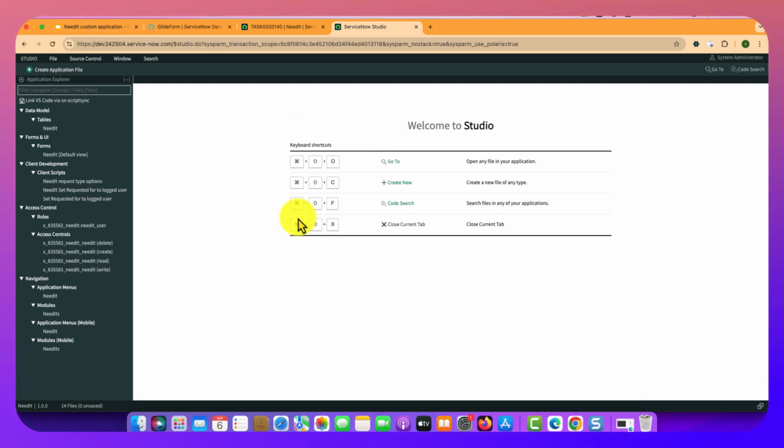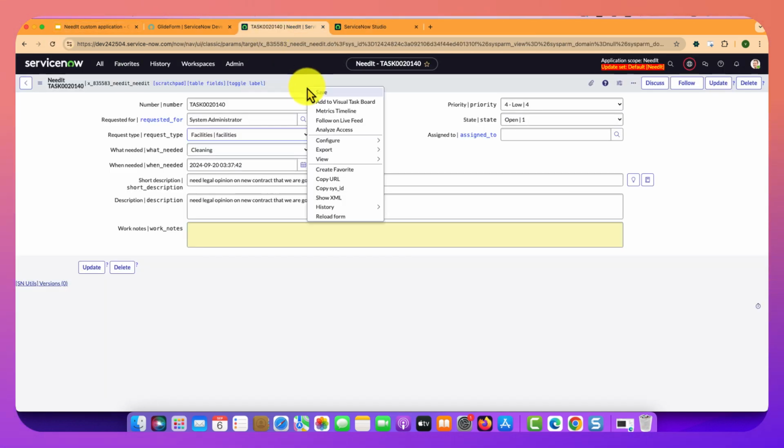Hello everyone. In today's video we are going to discuss a use case for our needIt application, and this use case we are going to achieve with an onChange client script. And the problem statement right now here is, let me load this form